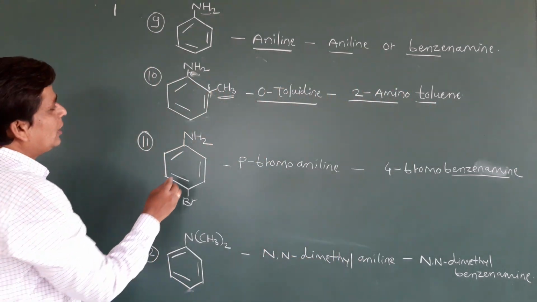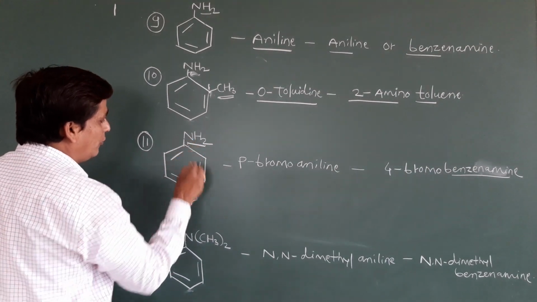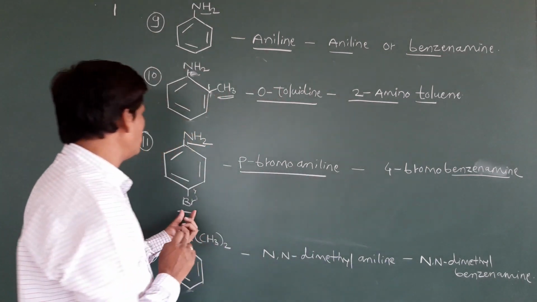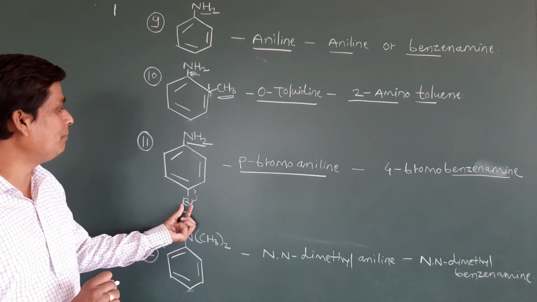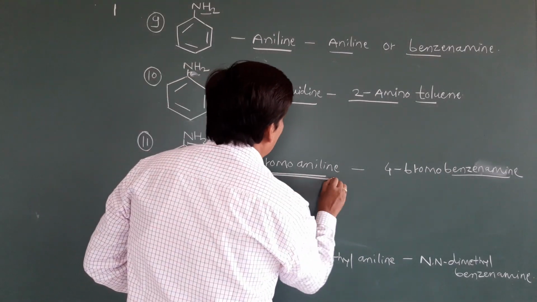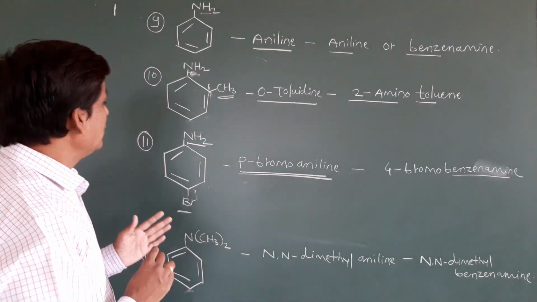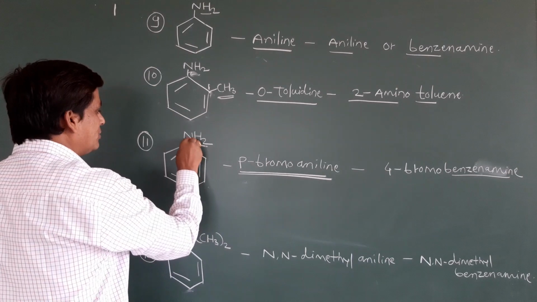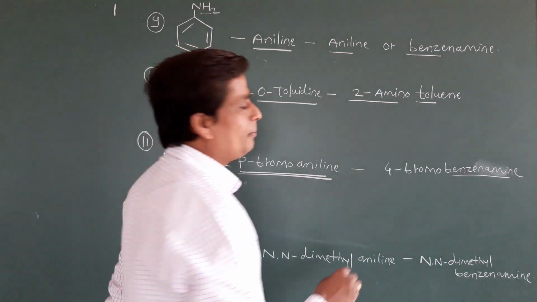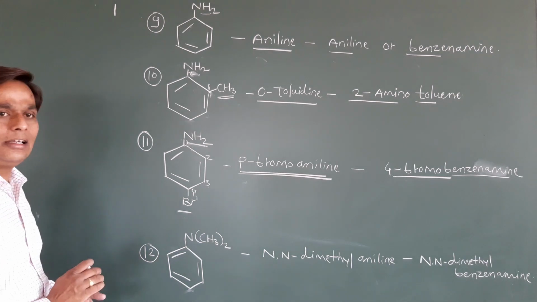See another example here. The same benzene ring I have taken, and an NH2 group is attached, and at the para position, meaning 1,4 position, bromine is attached. We can see this is para-bromoaniline. So bromine is attached at which position? At the para position. 1,4 is para position and 1,3 is meta position. Remember? So this is para-bromoaniline. If it is attached on the third position, we call it meta-bromoaniline. Remember students, okay? So what about the IUPAC name? We have to start the numbering from this side, because it is the major functional group. 1, 2, 3, 4. So 4-bromobenzenamine is the IUPAC name.